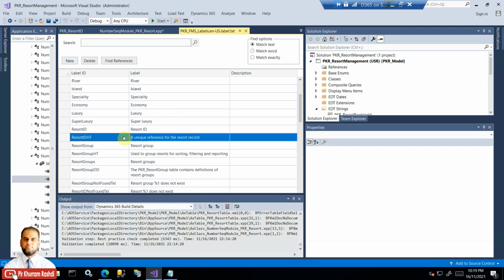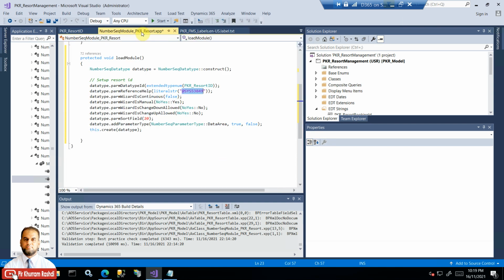Okay, so this one is a unique reference for the resort record. So that can go over here. Okay, and wizard is continuous should be false, and wizard is manual should be no. Okay, and then wizard is change down allowed should be no, and is change up allowed no, and